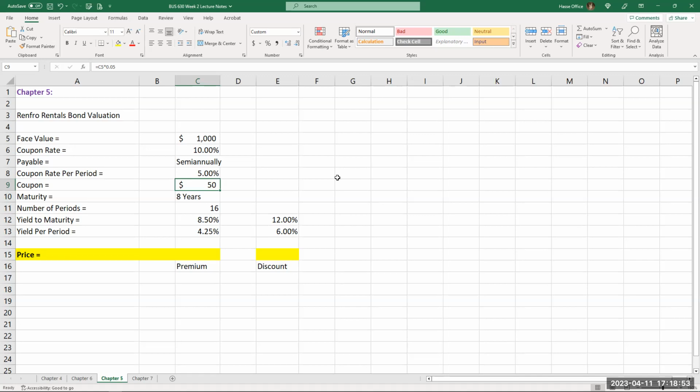Well, let's say we decide to sell this bond prior to its maturity date. Let's say I don't want to wait 10 years to get my $1,000 back. I need the money now. Can I go into the market and sell it? And yes, you can. The key to selling it in the market is how many more periods are you selling? In other words, how many more payment periods? And also, what is the current yield to maturity in the market of this bond?